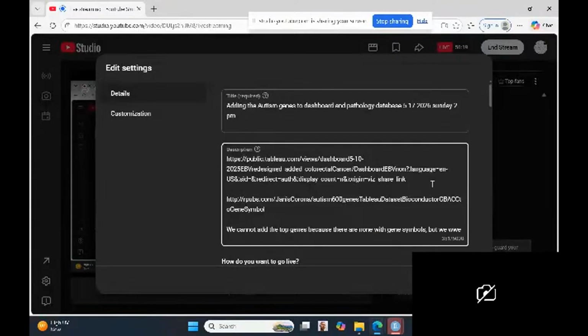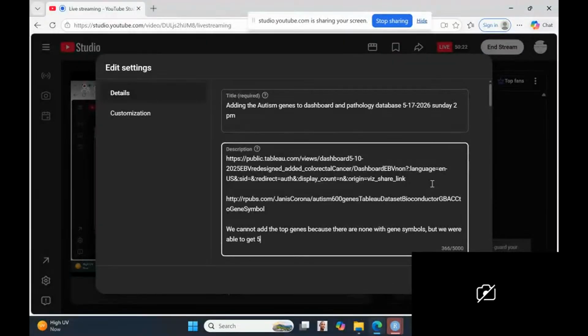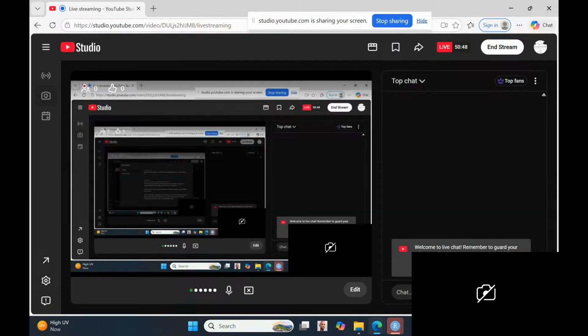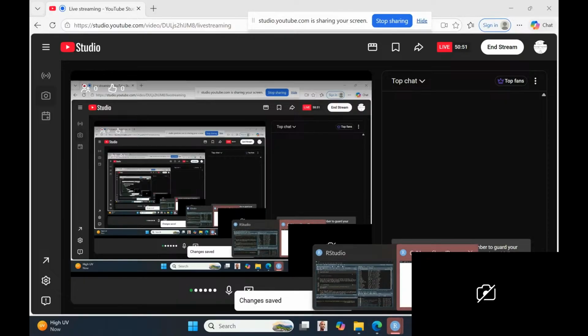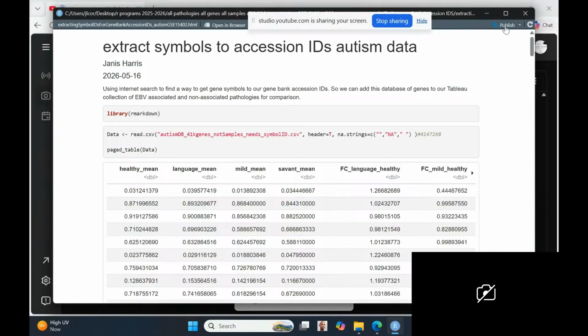But to get symbols, of which none on top to them. And I'm going to have ensemble IDs. Okay, we'll save that. And then we'll just